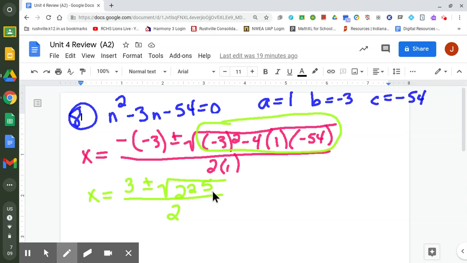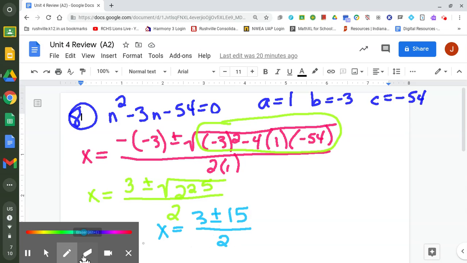And now I'm going to check to see if 225 is a perfect square. And it is. So now my next line can be x equals 3 plus or minus, and the square root of 225 is 15. So now that I have found the square root, I don't need the square root box anymore. So then I take this kind of bluish color, and I'm going to split this into 2 equations over